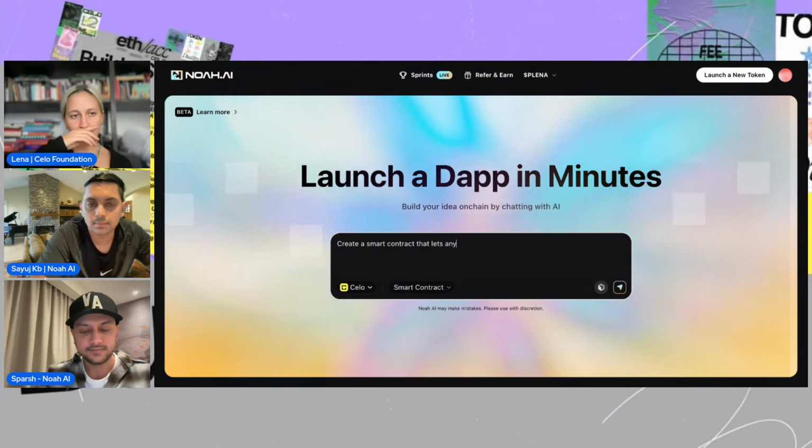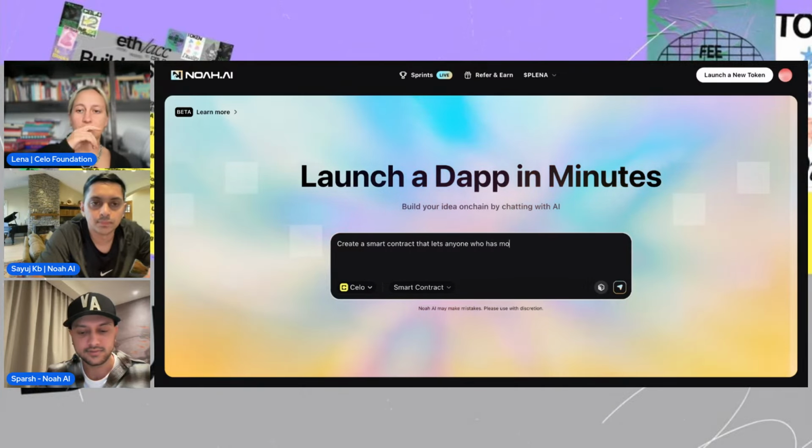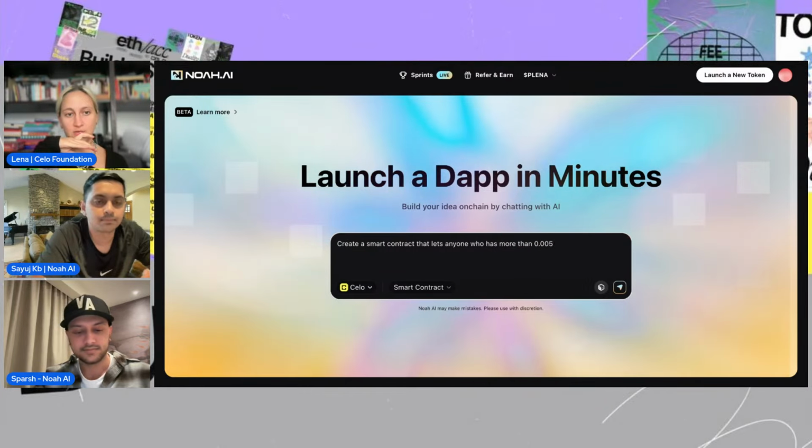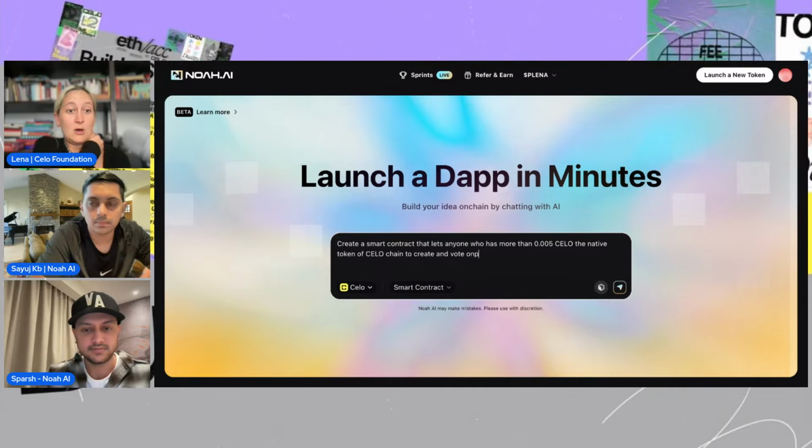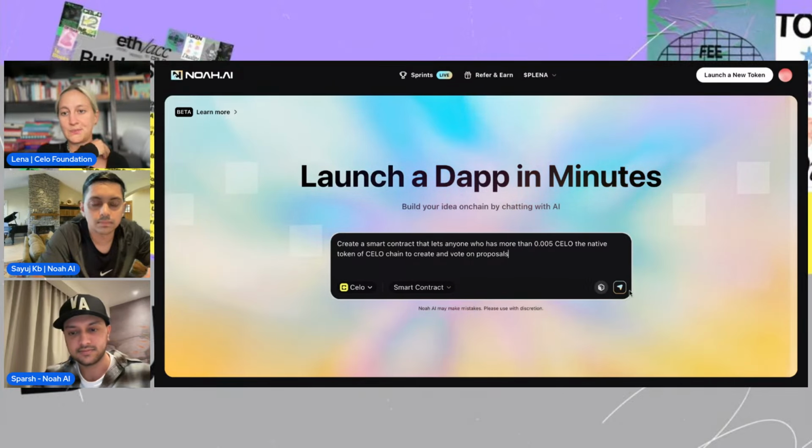And just for the proof of ship question, the requirement is to build the app with Noah AI and also do a Twitter post about that. The requirements for the submission are described more extensively in the Notion page, so make sure to read that carefully. And yes, you can submit several apps for proof of ship if you want to build several things. There's only a certain amount of free credits that we give out per user to get started with Noah AI, so how many apps you can build depends on the credits, or you can also create a subscription.